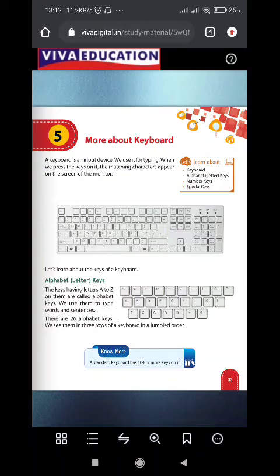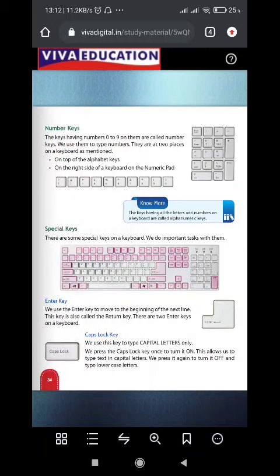Next page, let's see the number keys. The keys having numbers 0 to 9 on them are called number keys. Means 0 to 9, these 10 keys are there. With the help of 0 to 9 we can write any numbers as per our requirement. We use them to type the numbers.